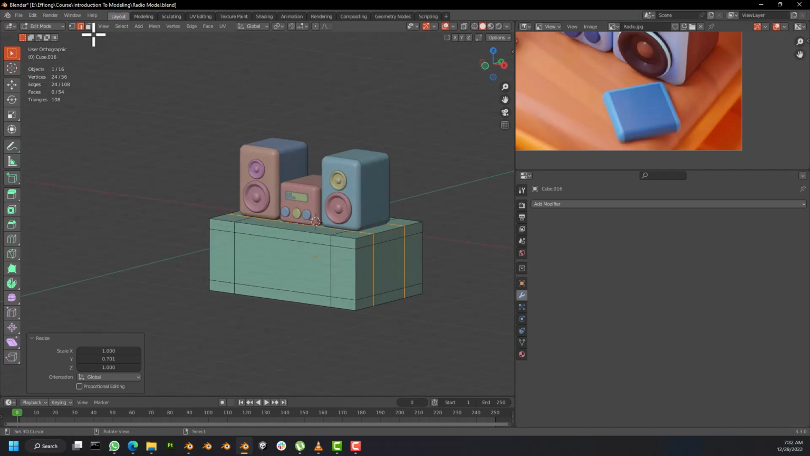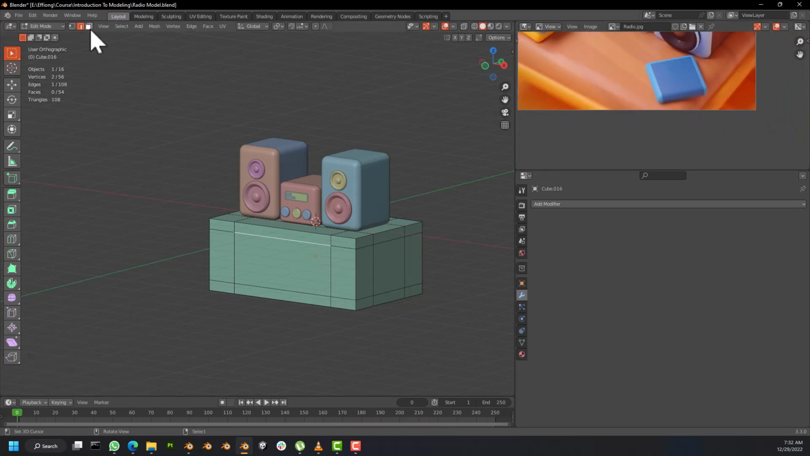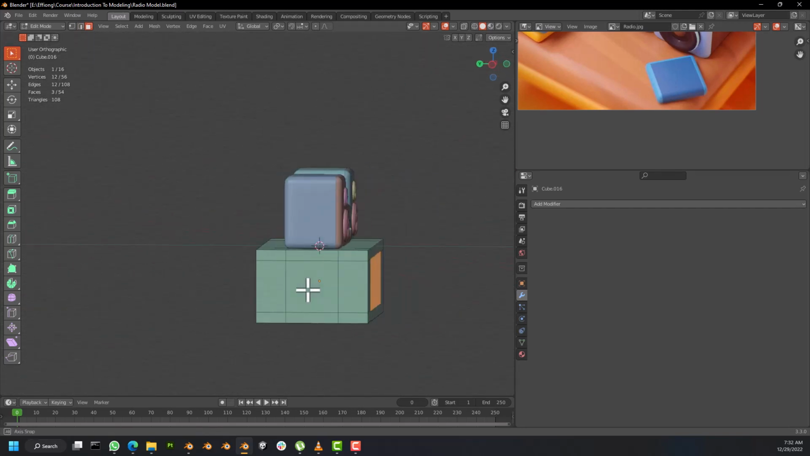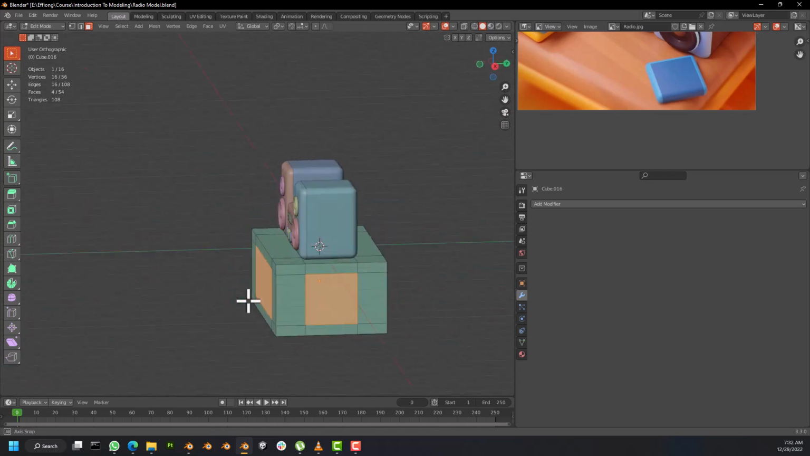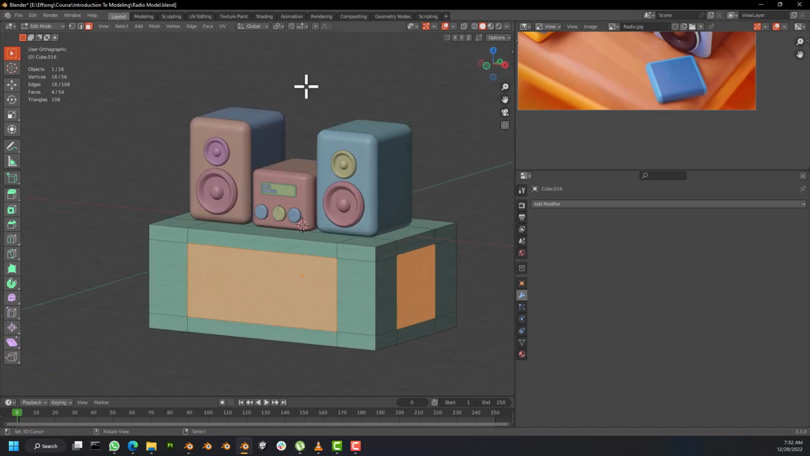All right. So next thing we're going to extrude this inner part. So we'll switch to face selection and select each face on every side. So now let's talk about